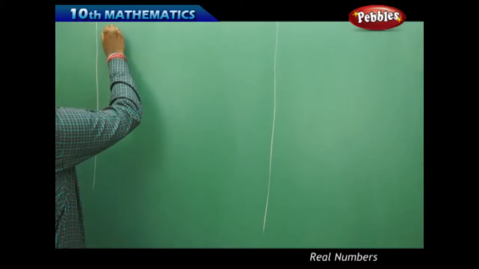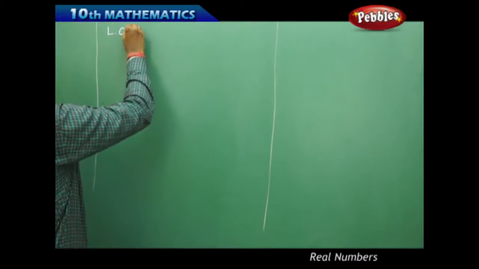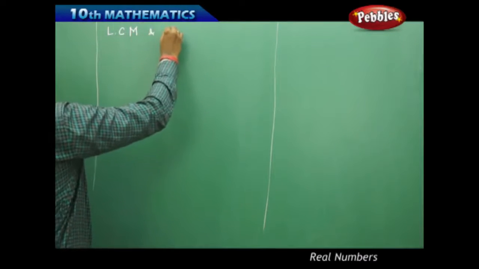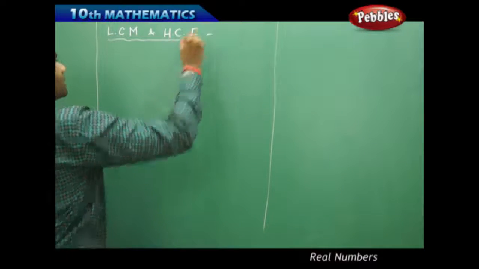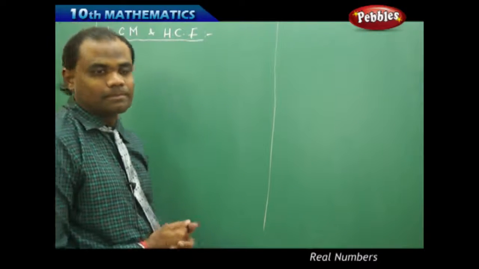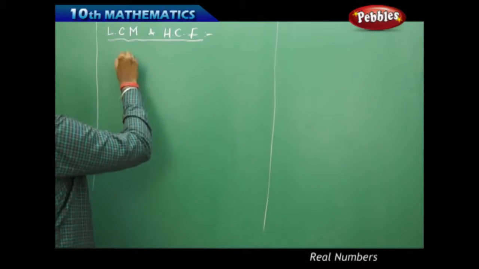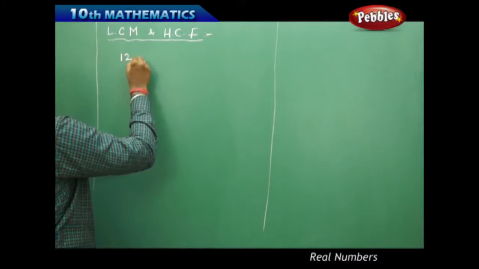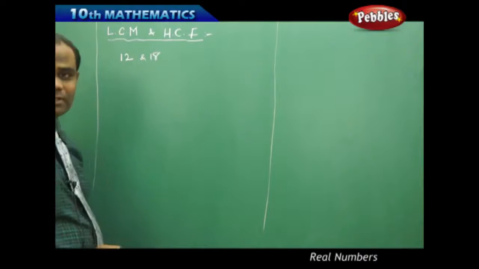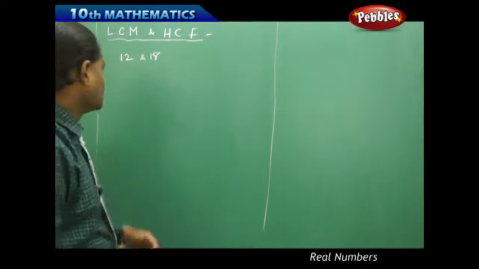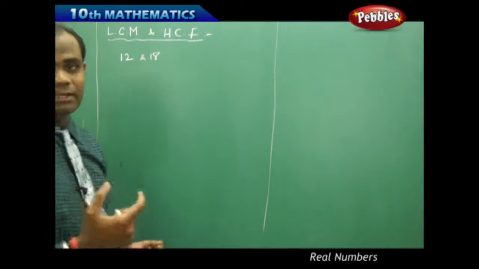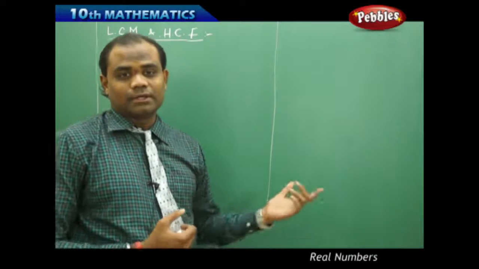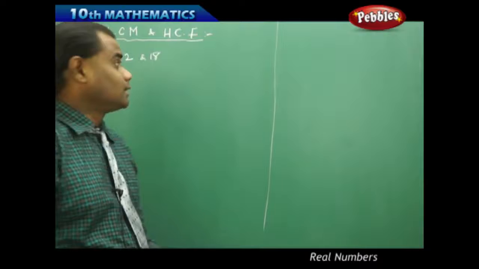So here, if I take two numbers, let me start with LCM and HCF, the least common multiple and the highest common factor. If I take two values, 12 and 18, and I want to find the LCM of 12 and 18, and I want to find the HCF of 12 and 18, let's see how we are going to find each of the answers and then differentiate between